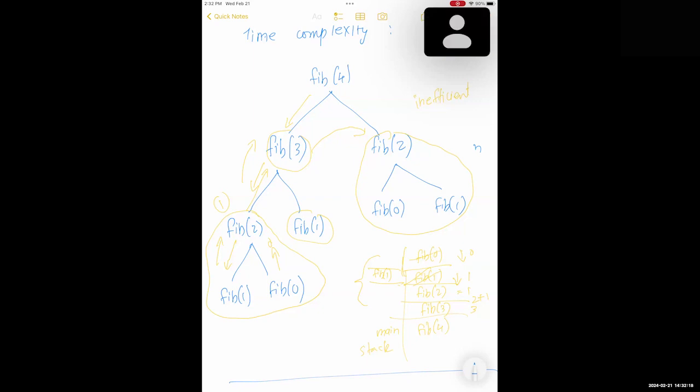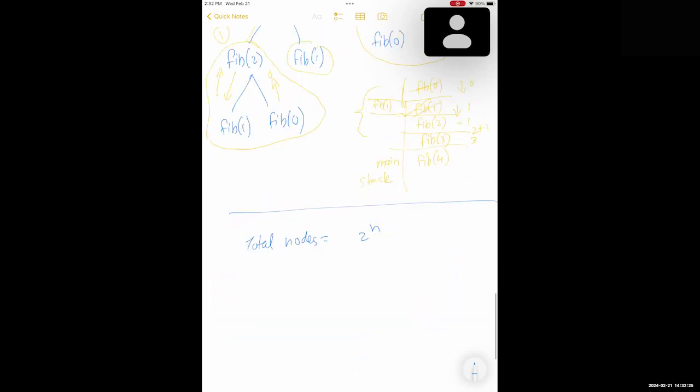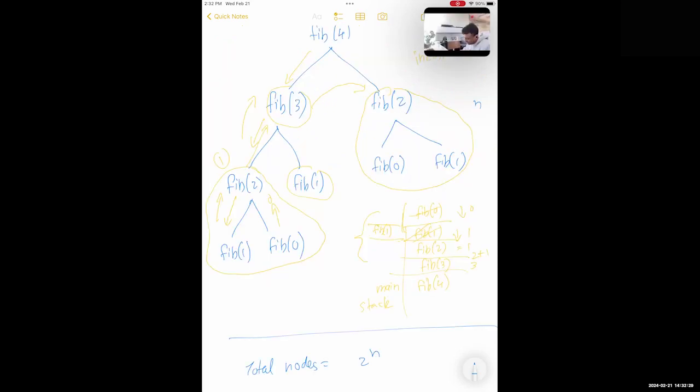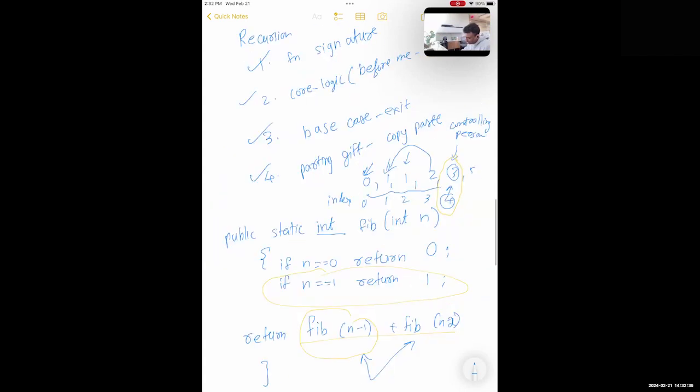We are doing repeated work. For example, fib2 is calculated 2 times in the current screen. Correct. So the first thing that struck you is, oh yeah, this is repeating work, right? This guy here, if you go back to the definition of